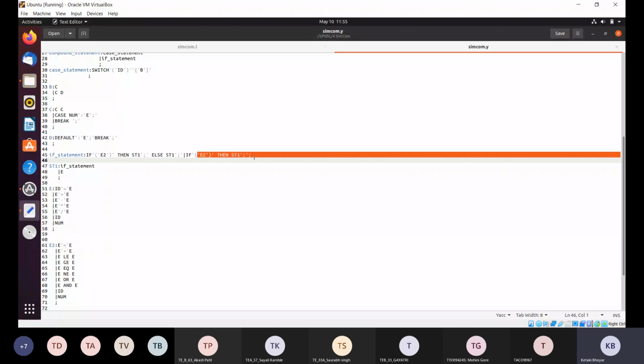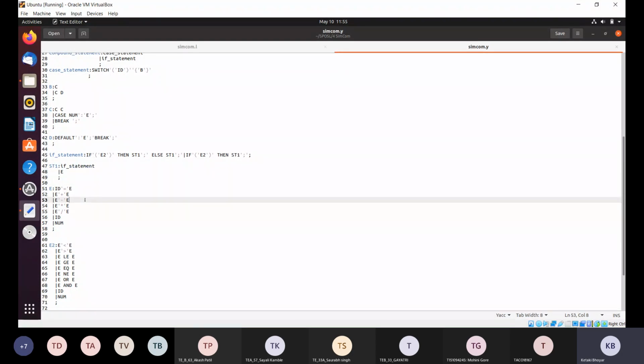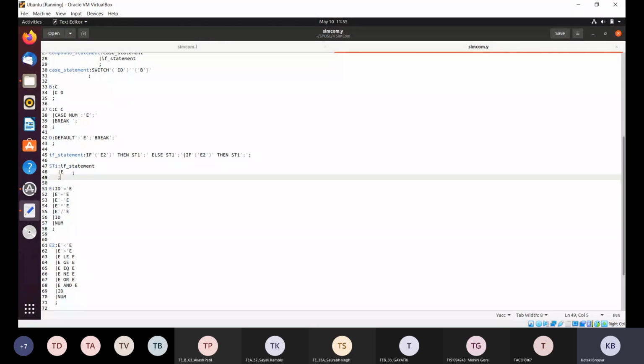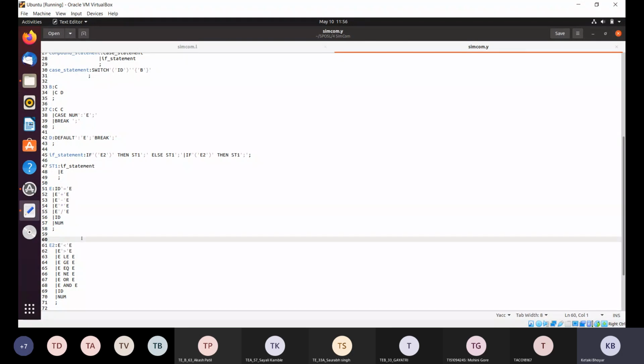There can be if then, again a nested if statement, if then else statement, or there can be if then. Not only the if condition is having the else statements, right? So हमें वो सारे parameters यहाँ पे consider करने हैं. We have to consider all the options. ST1 is again an if statement in itself. E, now what is E? E is the expression. E can be id equals to E, E can be E plus E, E minus E, E star E, anything. आपको जो भी calculate करना है that can be anything.